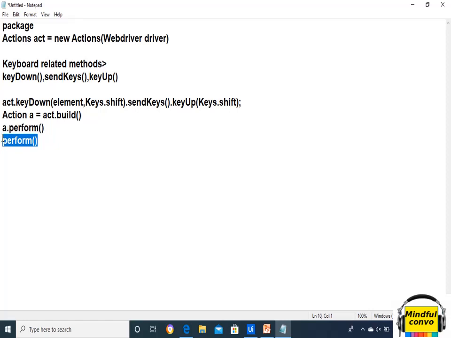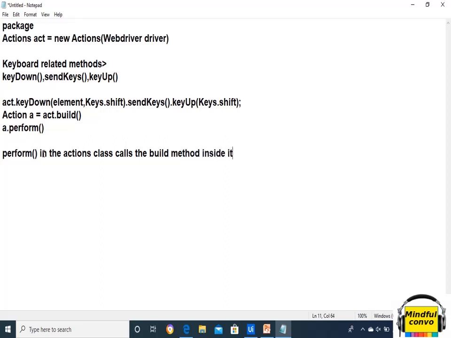The main fact here is that the perform method is a method of the Actions class and also a method of the Action interface. So what is the difference between the two? The main difference is that perform in the Actions class calls the build method inside it.